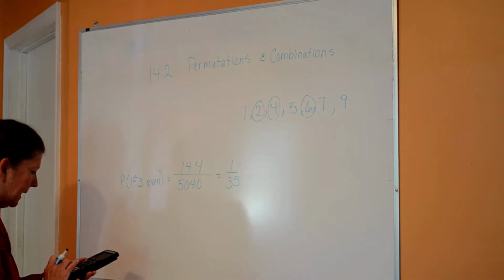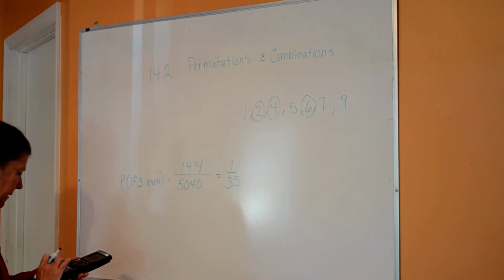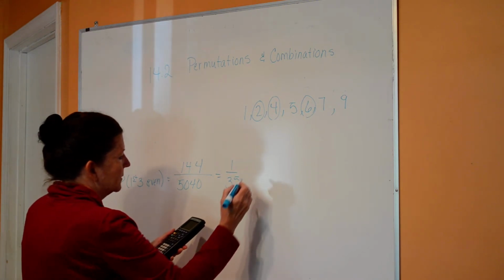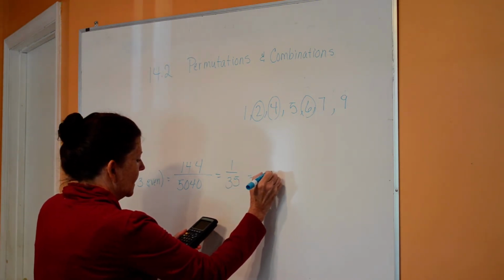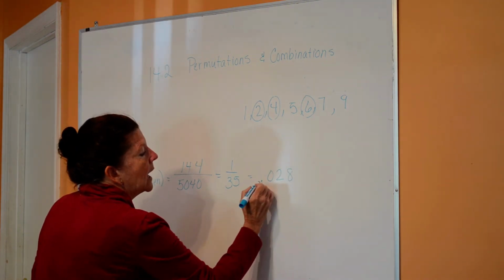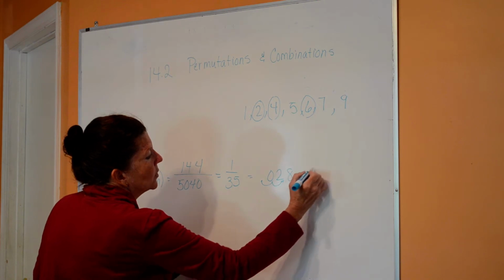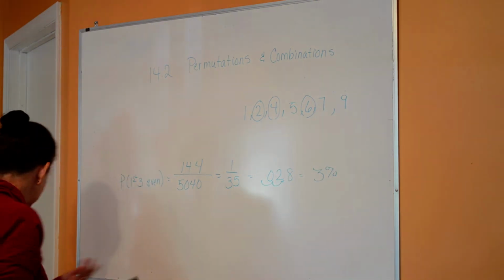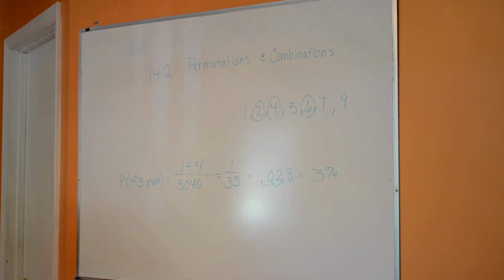If I just want to make a decimal out of it, I'm going to take 144 divided by 5,040, and I'm going to get 0.028. I want to make it into a percent, so I'm going to round it to 3%, because remember I have to move my decimal 2 places to the right. All right,